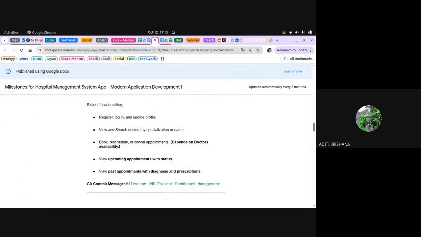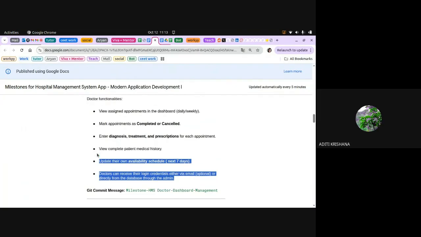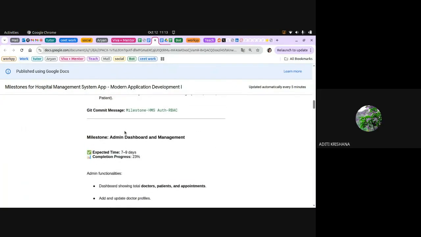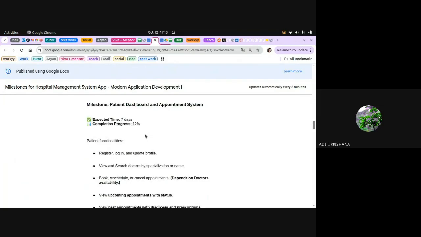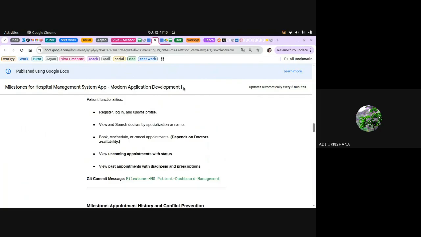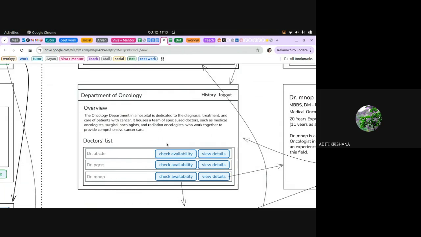This is important. Try to complete these two pointers of milestone 4 in the patient dashboard and the last two of the doctor's dashboard. Sorry, this is milestone 4, the doctor dashboard, and milestone 5 is the patient dashboard. After this is done, I will tell you tomorrow that you have to give the routes for check availability, then view details, etc. If anyone wants to proceed ahead, you can proceed ahead, and those who just want to work on whatever I have given by today, you can work on that.